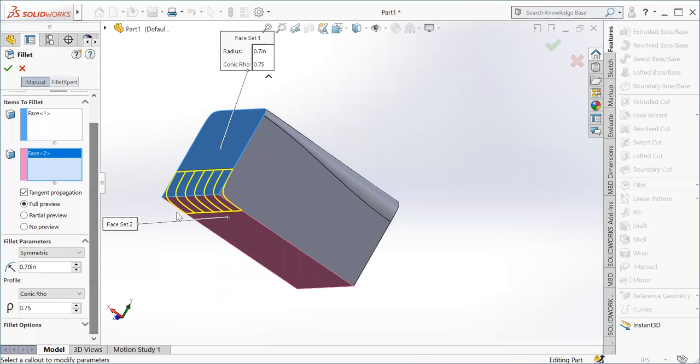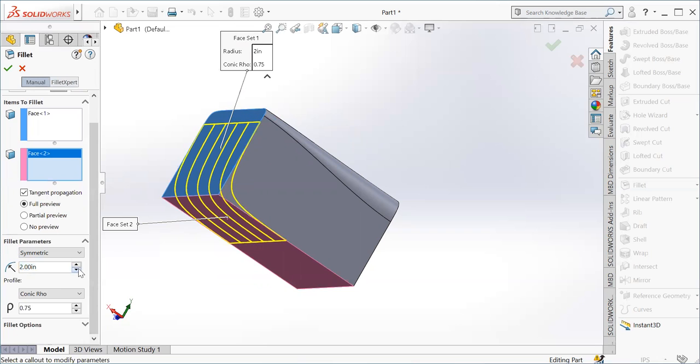After this, I get the fillet parameters. In the fillet parameters, I have first the symmetric option. In symmetric, I can change the radius. I can change the radius up to this point, up to the edge, another edge of one section. Beyond that I cannot increase. Then conic rho I can increase and decrease.